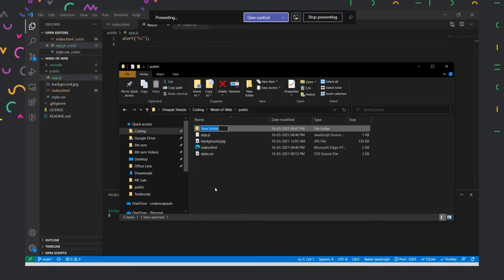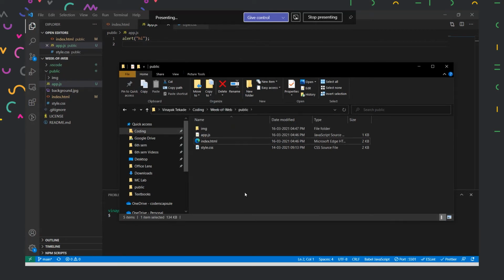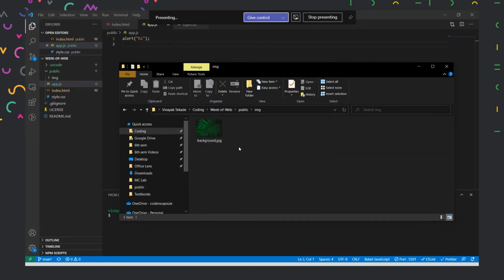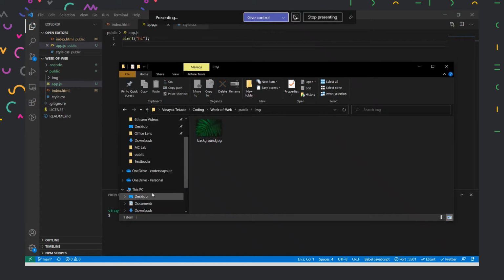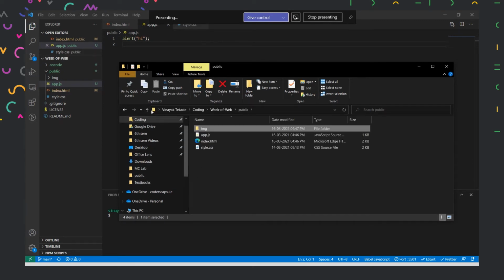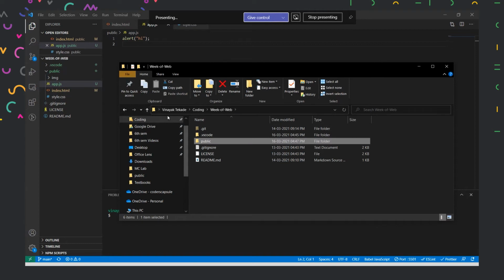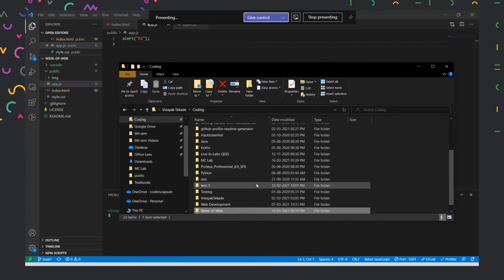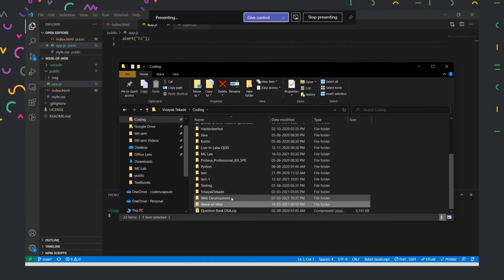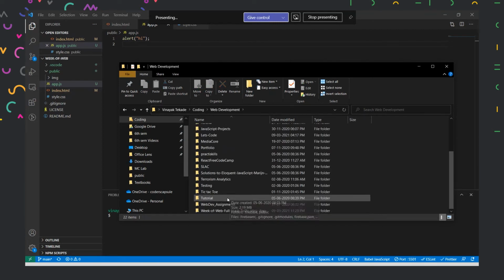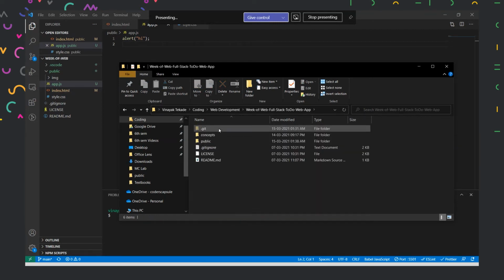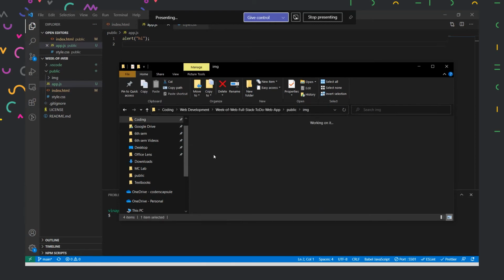What I could do is create a new folder to make things organized. I'll put this background inside here, and I'll have a few more backgrounds as well. To get those backgrounds, I'll copy a few background images. While working on this series, I have tested in our separate repository, so I'll copy the background files from there.